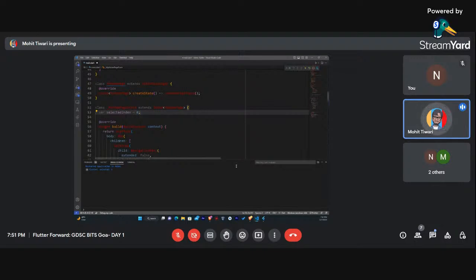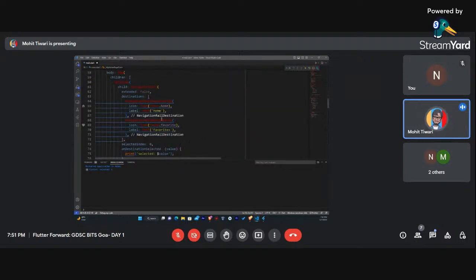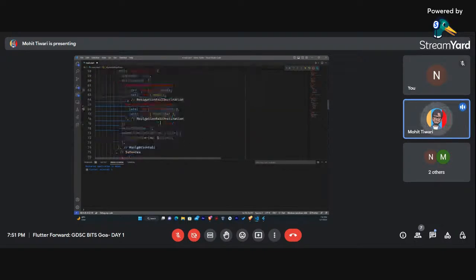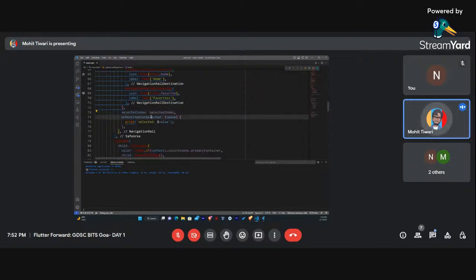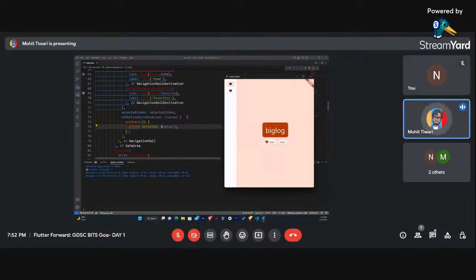Okay, now in the selectedIndex of the navigation rail, instead of 0 right here, I'll give it the variable we just created. Okay. Now whenever we change the destination, we need to update the state. What I'll do is I'll call the setState method here because the state of our application has changed and we need to rebuild the UI. So I'll save this. And now if I go on to my application,